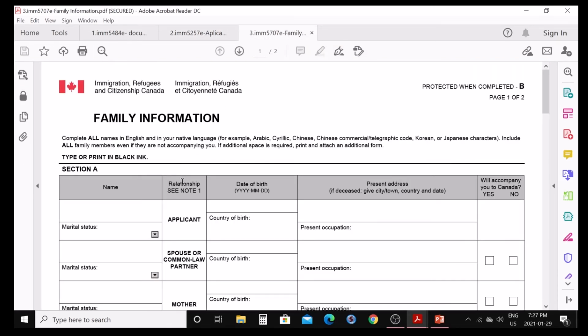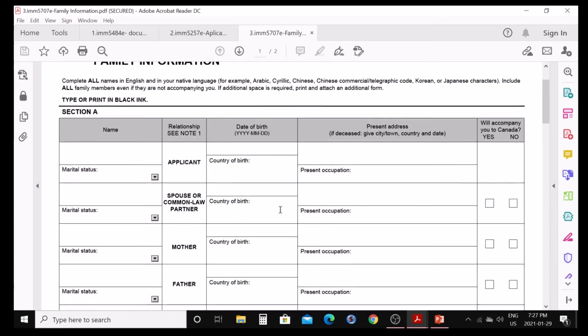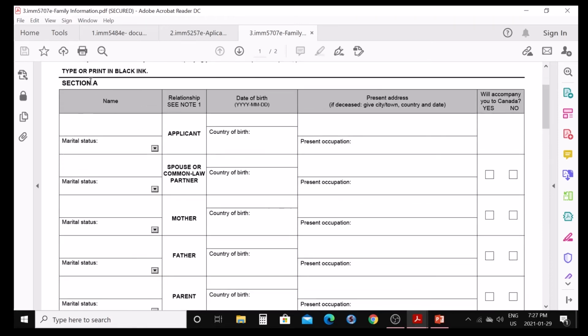This is a very easy form. This also needs to be filled in by both parents if you are applying for both. So we're going to start, and this needs to be filled in black ink. If you want to fill it by hand or on the computer, that's very easy. So this starts with section A. You're going to write your applicant name here, like I wrote Anita Gupta before, so I'm going to write the same here. I need to remember because these are all fake names.